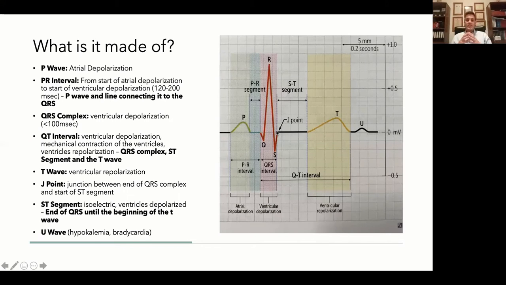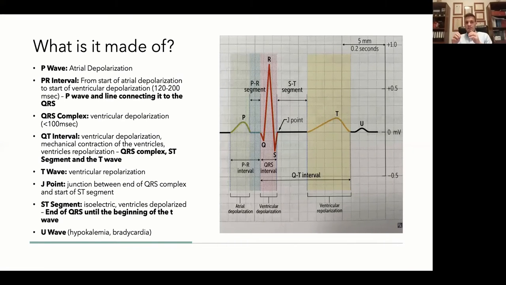This represents a whole cardiac cycle, so the event of a depolarization that begins in the atria and continues to the ventricles, and the repolarization that occurs after it. So, how does it begin? We said that in the sinoatrial node, the P wave will represent the atrial depolarization, and it will be the first part that occurs in a cardiac cycle. It is followed by the PR interval,